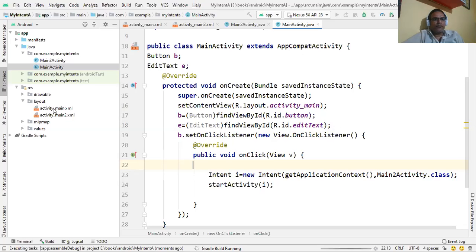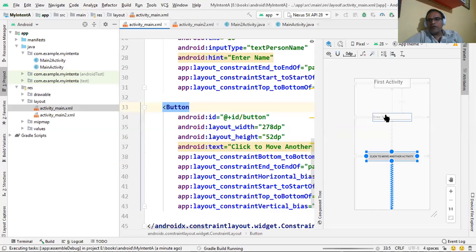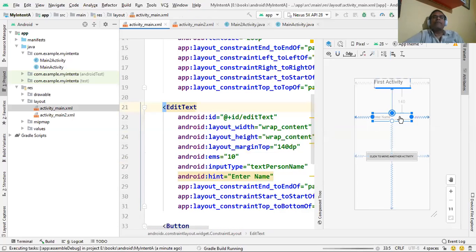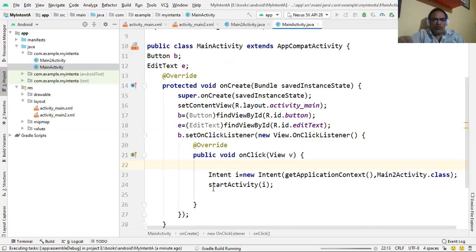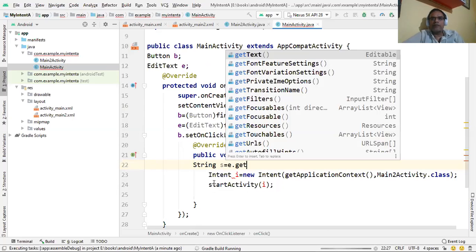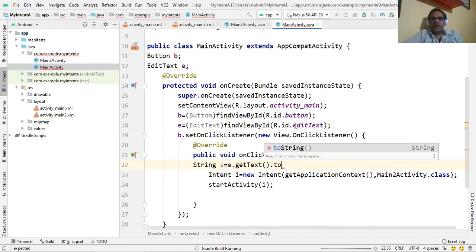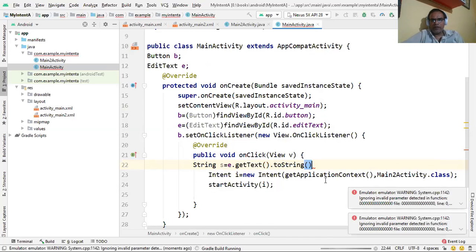I think you understand here. This is the edit text control where we enter the name or some message. So we have to get that text or message in the Java file. Here we use string object s, and that edit text control is connected with the e object. So e dot get text method, and by default it is a string, so we convert it with toString.